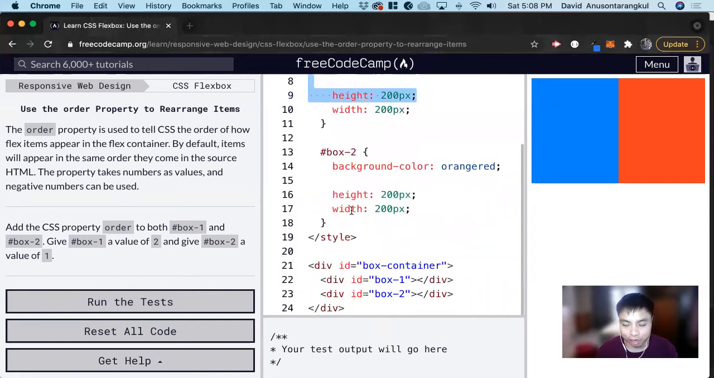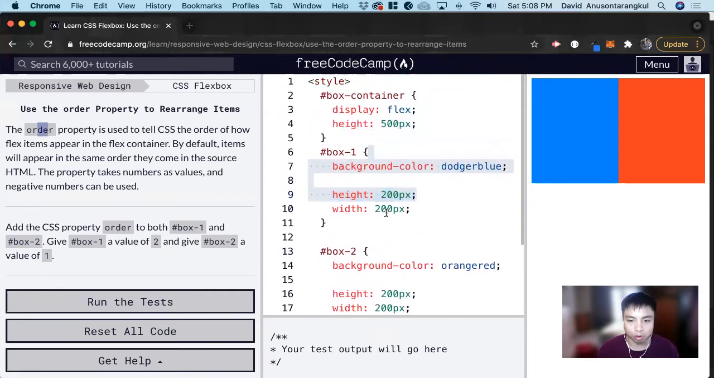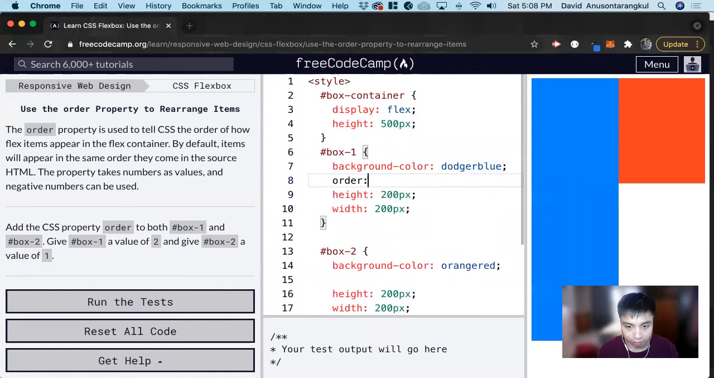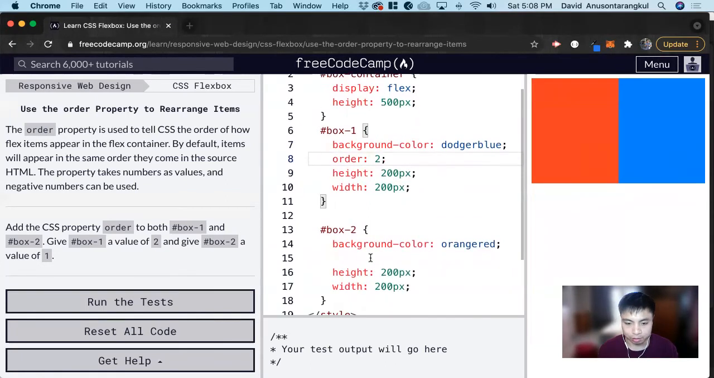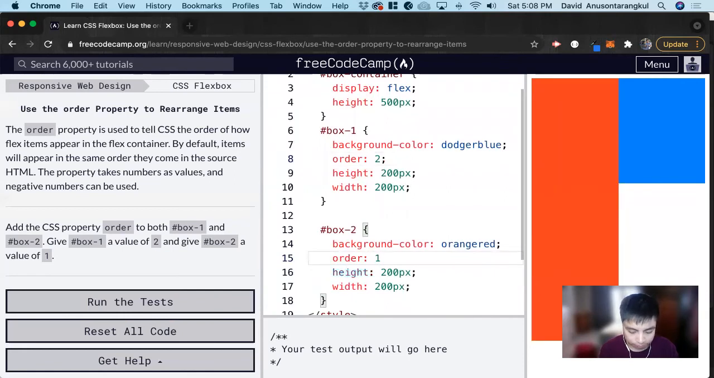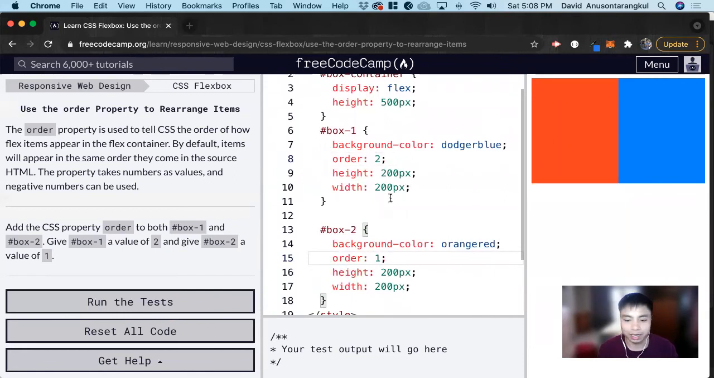But we can rearrange this order using the CSS Flexbox property of order. So this will show what order you want it to appear. So we can make the blue appear second by giving it a value of 2. And then it goes second, and then we can put order of 1 for the orange just to be precise. And there we go. And if there's more than 2 elements, it will just go up to how many elements